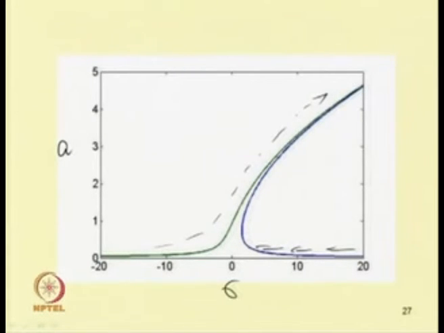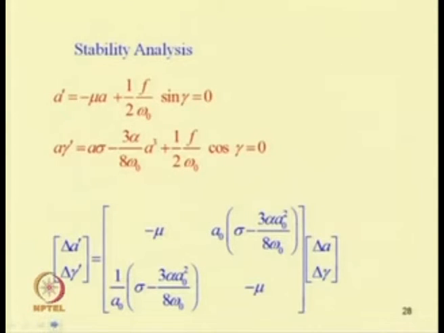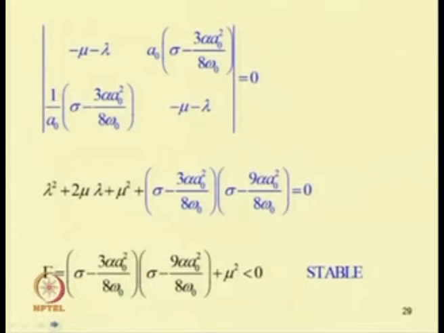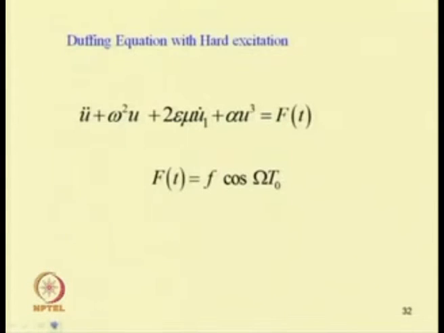As here this branch is unstable, by sweeping down, one has a jump up phenomenon here. The response will jump up and it will follow this curve again. So, one can have this jump up and jump down phenomena. Already we have discussed the stability of the system. So, in this way, in case of a weakly nonlinear system, one can study the system.